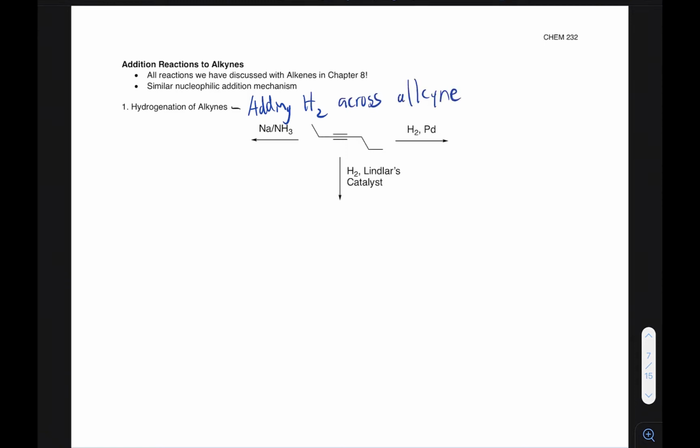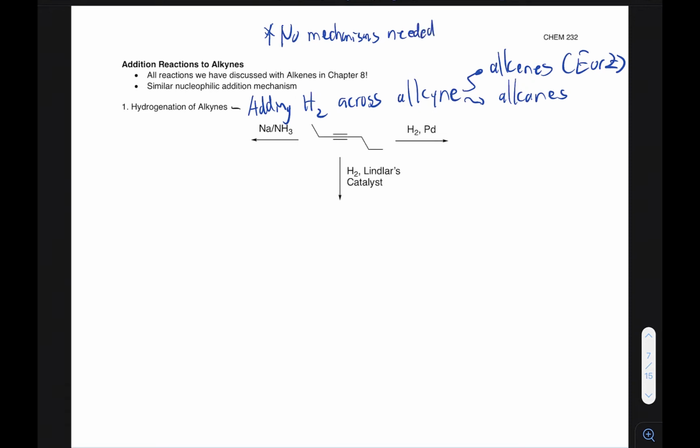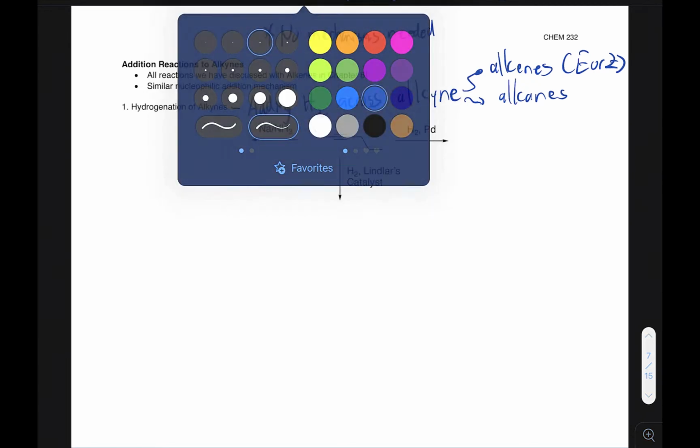to make either alkenes, E or Z, right, cis or trans, or go fully all the way back to sp3 carbons with alkanes. And this will be true depending on what we're doing, we do not need to know the mechanisms, because they're kind of complicated and sort of inorganic chemistry related with a single electron transfer, so it's all sort of complicated. So for the first example, let's look at this reaction here, this palladium metal catalyzed reduction here,